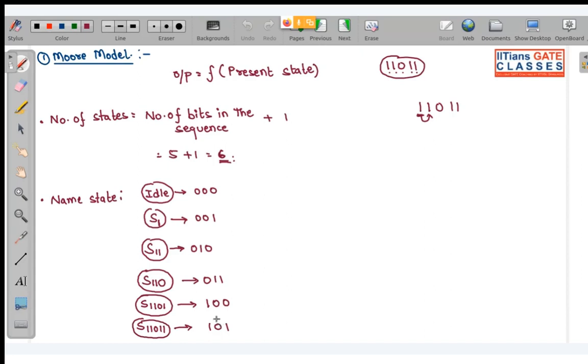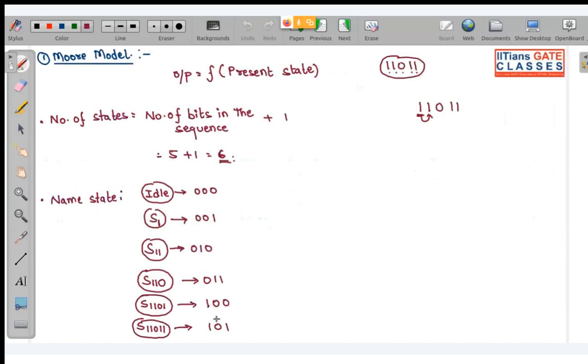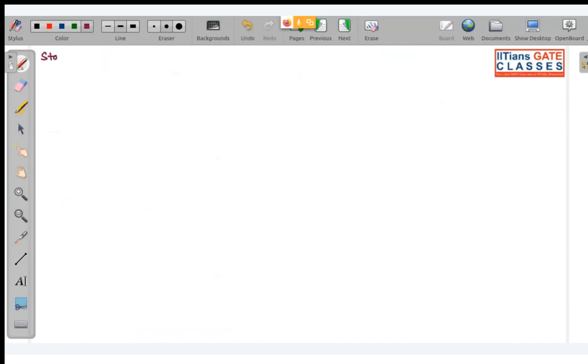How are we going to do it? Up to this point everything is the same for overlap and non-overlap. So how are we going to draw the overlapping state diagram? So look, state diagram. If we have to see the state diagram, first you are going to start from the